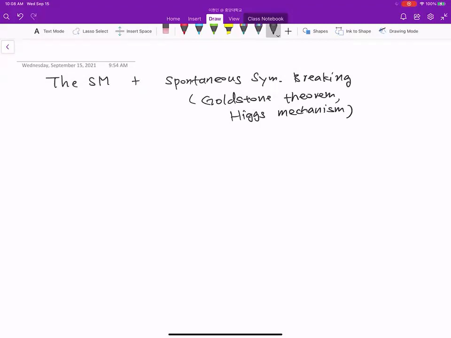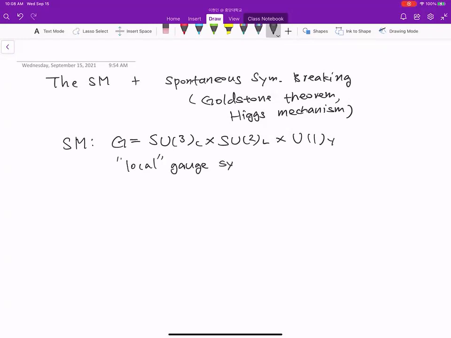The standard model Lagrangian, the standard model structure: we need to consider a standard model gauge group as a product of three independent local gauge groups. So these are local gauge symmetries. So for SU3, for SUN there is a dimension of the group,